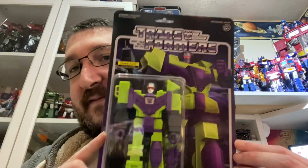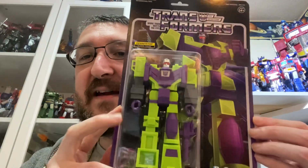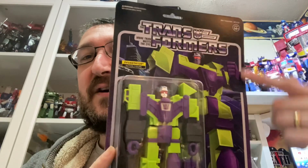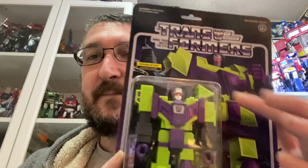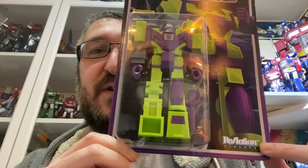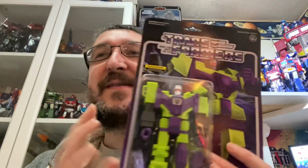Now, they also come in really quite sexy packaging. Here's Devastator in his really quite lovely card art. Again, it looks very much like the old Star Wars action figures, the similar sort of position in the logo, the border, the character portrait, the name tags, the static pose in the box, and even their ReAction logo is modelled after the old Kenner logo. I love these. I have nearly all of them,